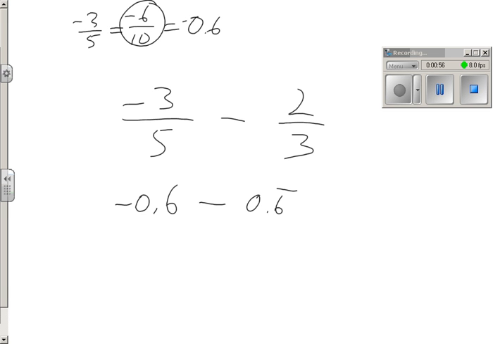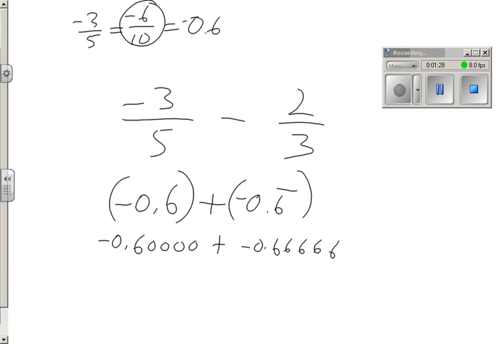Now the way we usually think about subtraction is, because integers are very difficult for kids to think about, we usually say always change subtraction to addition and use the inverse of the next one. Since this is a positive 6/10, we're going to use a negative, negative 0.6 repeating. So now we have an adding of this amount and this amount. They're both negative, so we really have negative 0.60000 plus negative